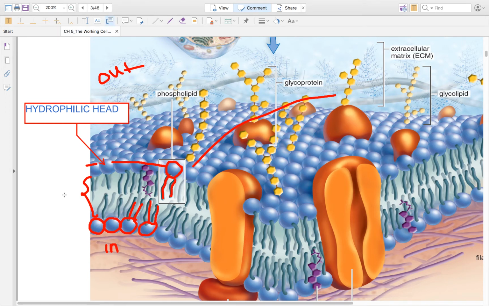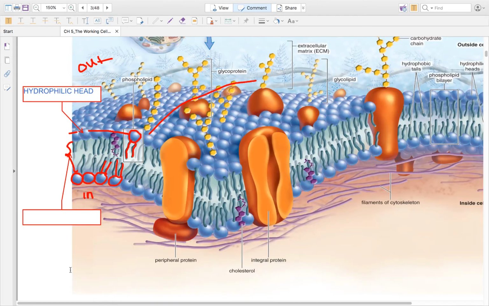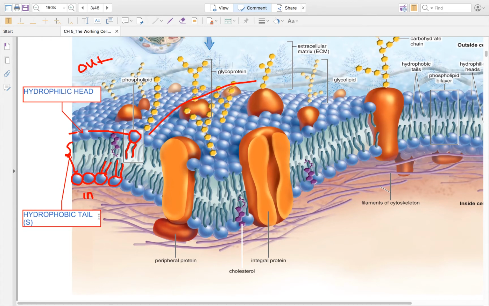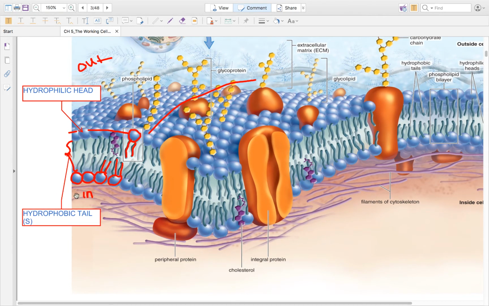And then this center here, these are the hydrophobic tails, they're plural. All right, either way, the point is this whole outside region, with these blue hydrophilic heads,